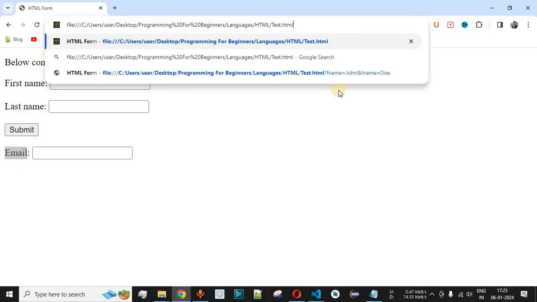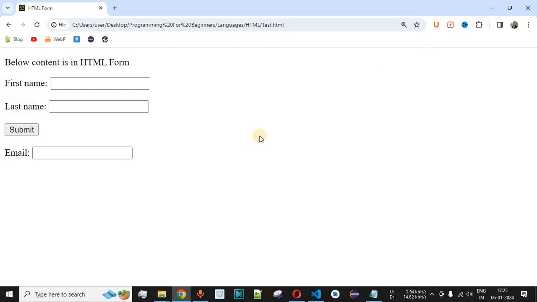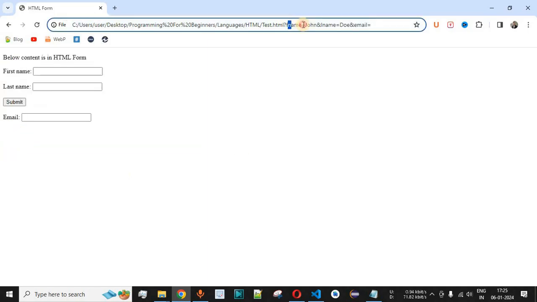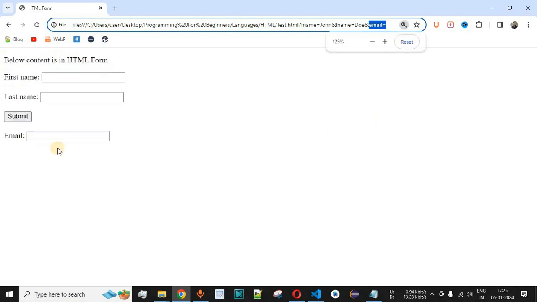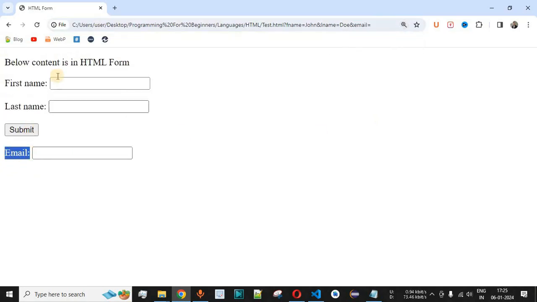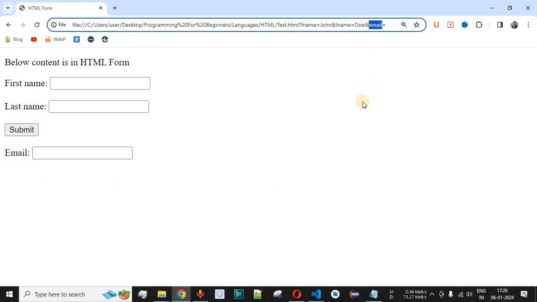Previously we had seen that only first name and last name were getting submitted to the server with the help of the URL. Now let us say we provide John and Doe, and I click on submit without providing any data to this email input field. When we click on submit, as you can see, we have the fname and lname, but apart from that, we also have the email attribute, which was not being passed previously, since we had not linked this email input field with the form containing only these two elements. But now, since we have linked the email input field with the form, that is form1, the parameter email is also getting passed.